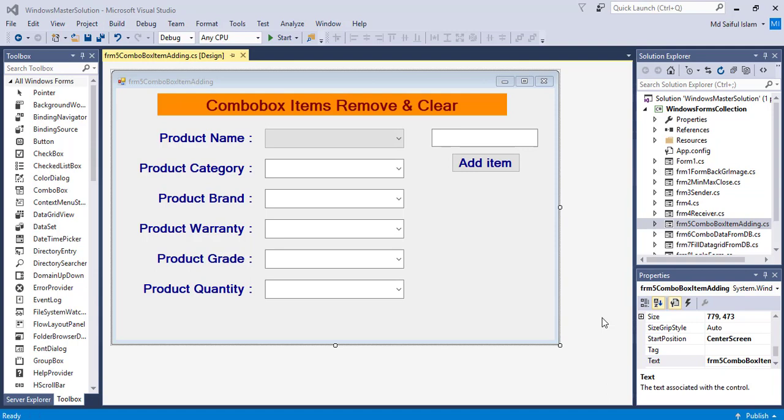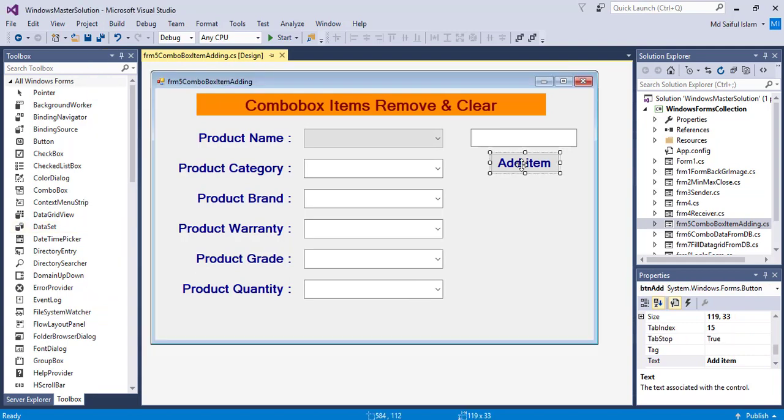In my last video, I showed how to add items to a combo box using the combo box Items property, text box, array list, enumeration, and using a loop. Item clearing depends on how you add the item to the combo box. To clear the item, I am copying the button.